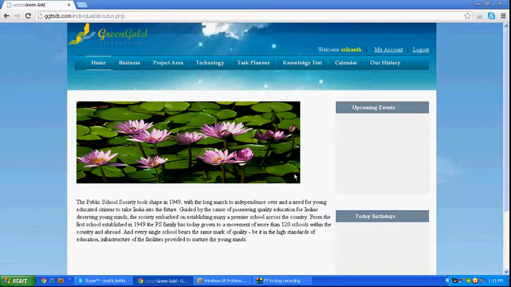Now I would like to explain to you about our IT product. Here you can observe the home page of our product. Instead of this picture, you can keep your organization picture, and below the picture, here you can describe your organization. And in the upcoming events, we can scroll down to see what are all the coming events that are going to be held in the coming months.